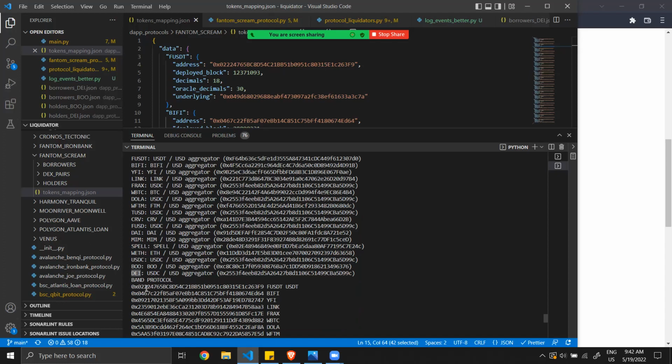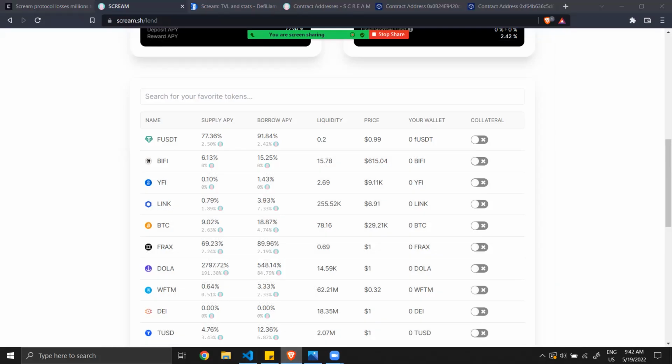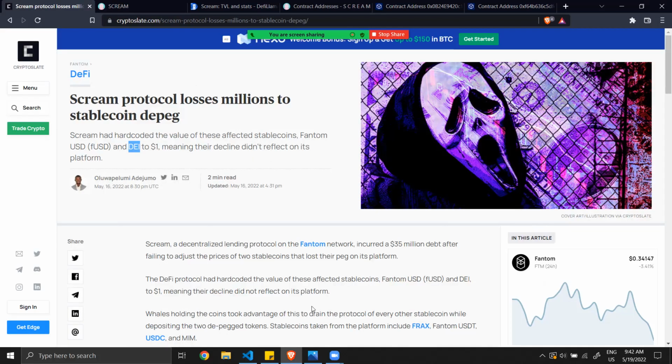And recently, we had the problem of DAI depegging, meaning one DAI was not equal anymore to $1, and same for FUSD. So this wrong mapping between the aggregator of one stablecoin and another stablecoin was the source of the recent problem that we have seen here.